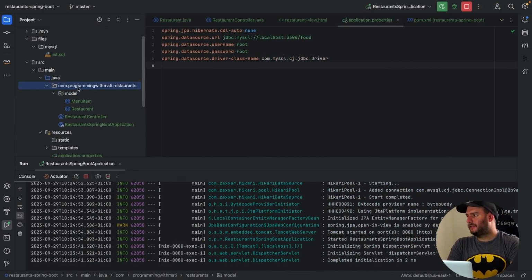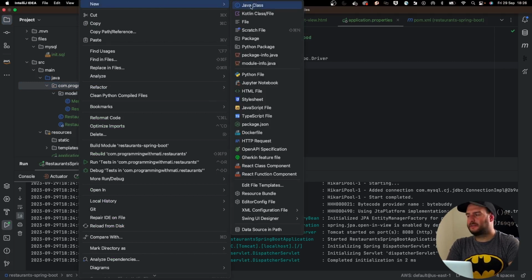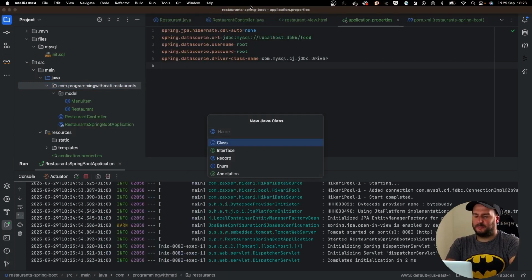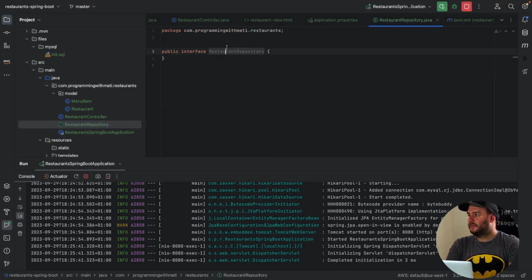We'll have to create a new interface that will allow us to connect to the database. This new interface is going to be called RestaurantRepository. Okay, it's going to be an interface. It has to be an interface because this is the cool thing about Spring. Spring will create the implementation of this interface